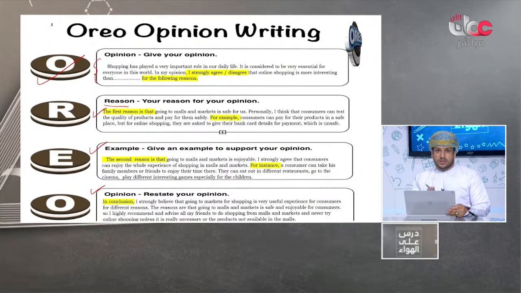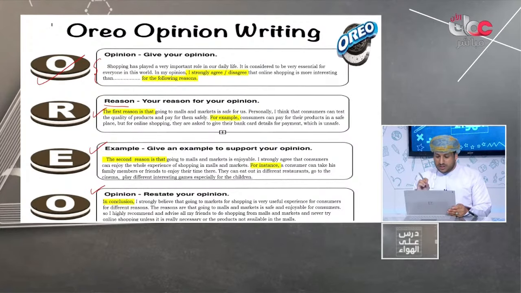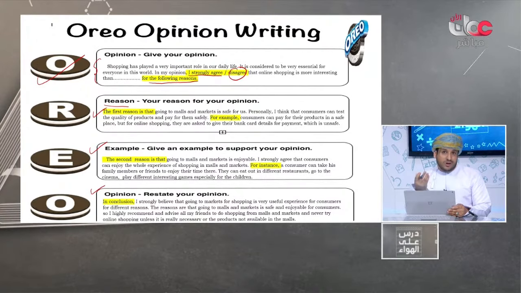This is very important. You have to stick to the organization. This is the paragraph organization, and this is the layout. So this is very important. Another one: see, I have said I strongly agree. Maybe you disagree. You can write that online shopping is more interesting than the other for the following reason or for several reasons, because you will attract my attention when I read that some reason might come. This is a reason, and so on. So this is really important. This is only a sample.